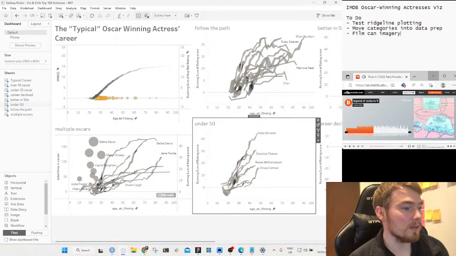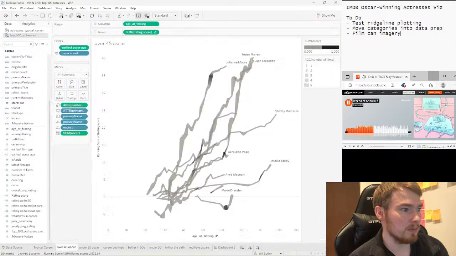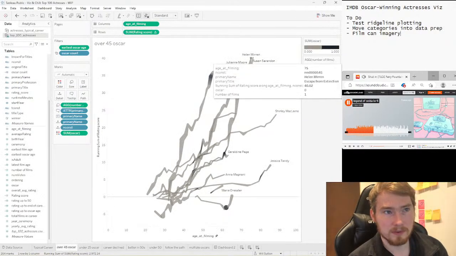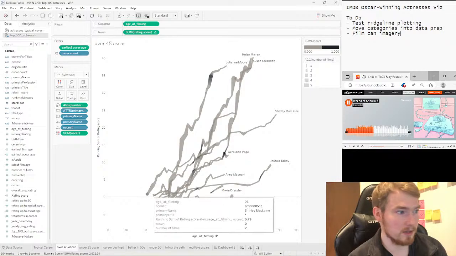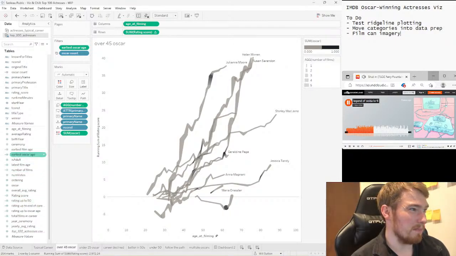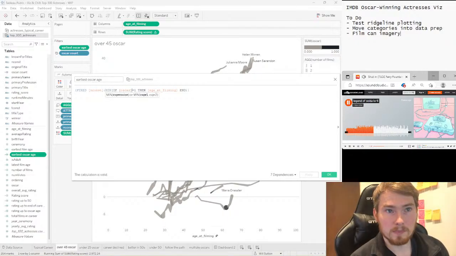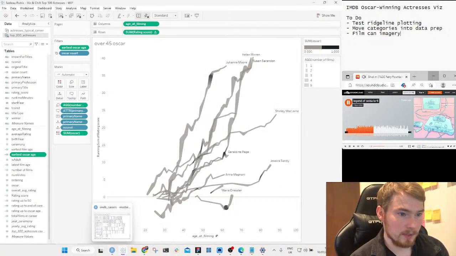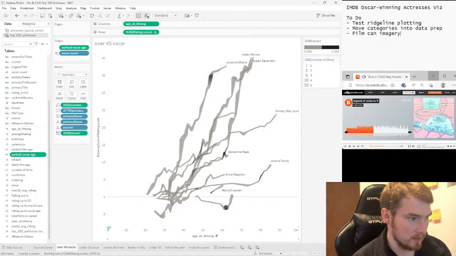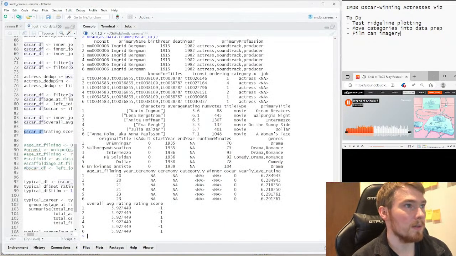So these should be pretty typical categories to make. So over 50, they won an Oscar. In Tableau I made a calculated field called earliest Oscar age. So we can start building these categories into our data set.